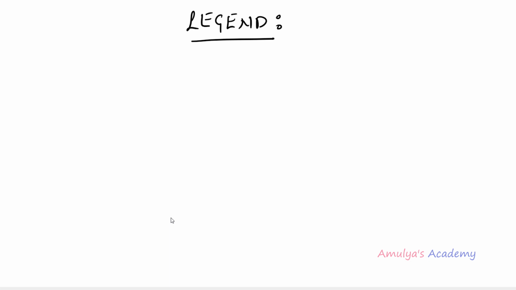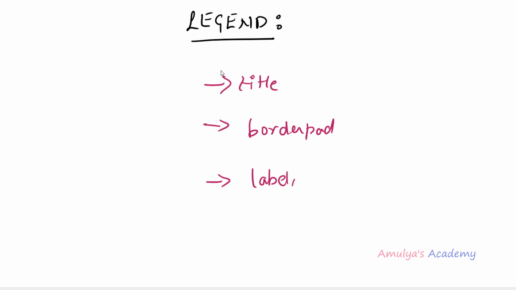We were discussing about the matplotlib package and in the previous tutorial we discussed about the legend function. Today we'll discuss about a few keyword arguments which allow us to change the looks of the legend or the legend properties. First we'll discuss about the title keyword argument. Next we'll discuss about the border pad keyword argument. Next, we'll discuss about the label spacing keyword argument.